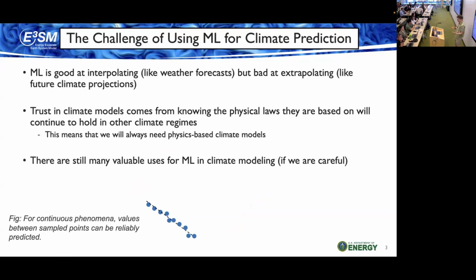And the reason is that AI is really good at interpolating, by which I mean if you have a bunch of data and you want to look at something that's already within your data set. So for example, weather forecasting: if I want to predict the weather tomorrow or next week, really I'm sampling from a statistical distribution that we have a lot of samples from already, right? Like the weather next week is going to be very, very similar to the weather we've seen for the last couple of years. So interpolation, weather forecasting, that's something that I think is a slam dunk for machine learning.